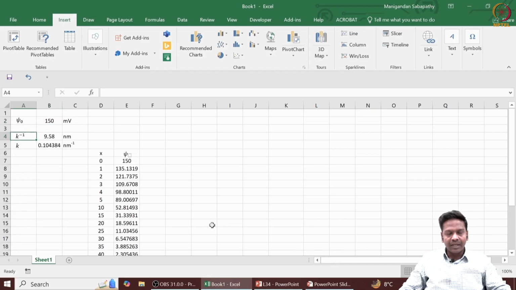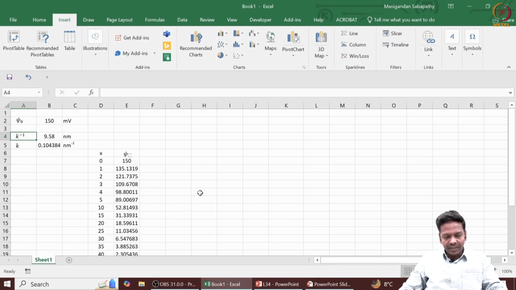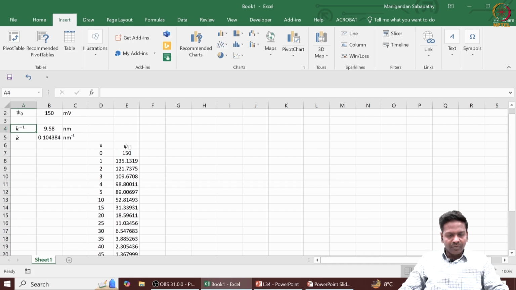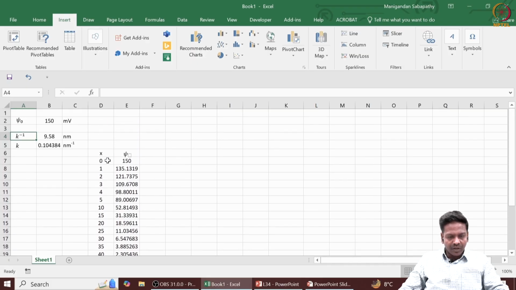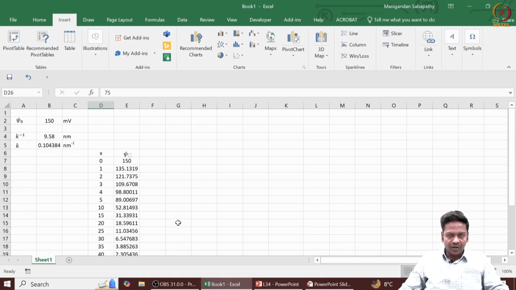All right. So the psi naught value is given, that is 150 millivolt here, and we need to evaluate what is K inverse. So we are only considering one case, that is 1 mole per meter cube NaCl solution. For this case at 298 Kelvin, the K inverse is 9.58 nanometer. So K will be the inverse of K inverse, right? So that will be 0.104 per nanometer. Now for different x values, going from 0 up to let's say 75 nanometer distance across the surface,